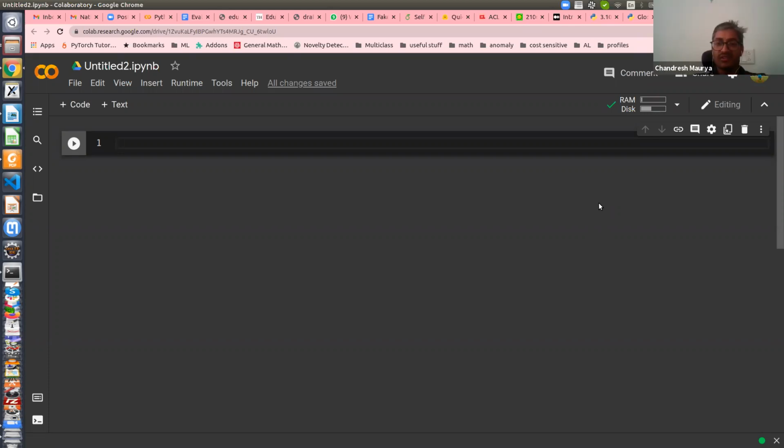Which browser are you using? Chrome or something else? I'm using Google Chrome. So what is the error? It's just saying that you can't open it in this browser. Okay, then you have to update the browser. I think you are using an old browser. Someone has opened it successfully, so it should work. Don't worry, you can see my screen. Once you update your browser, it should be fine.